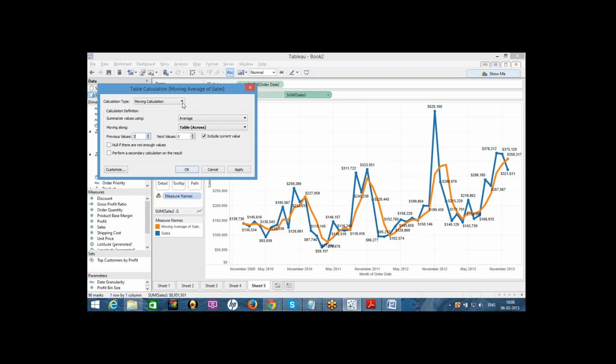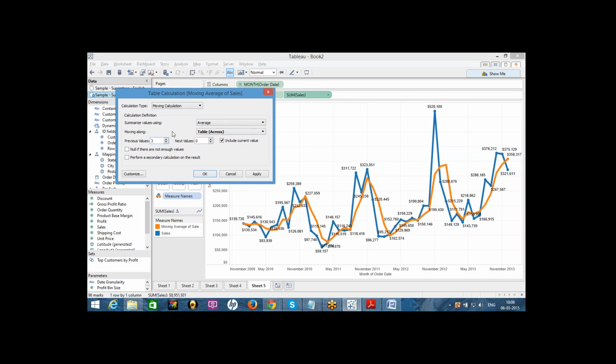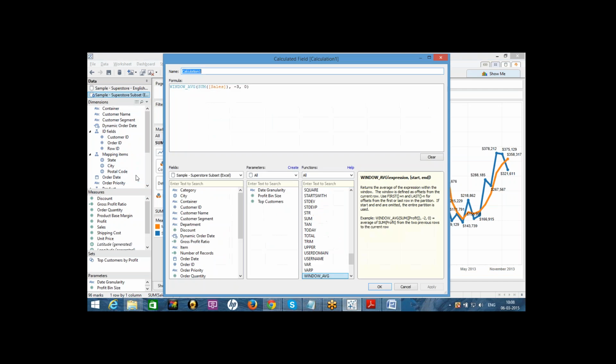That can be done. If you want to see how the formula works, click on the customize button. You will see the formula written. I will teach you what a window average is in the next class tomorrow. Here the -3 means we are taking the 3 previous months' values and calculating the moving average with this formula. So this must be dynamic. The end user can pass any value here, instead of 3, he may pass 2 or 4 or 5 or 6, 7. It depends. So we need to make it dynamic.